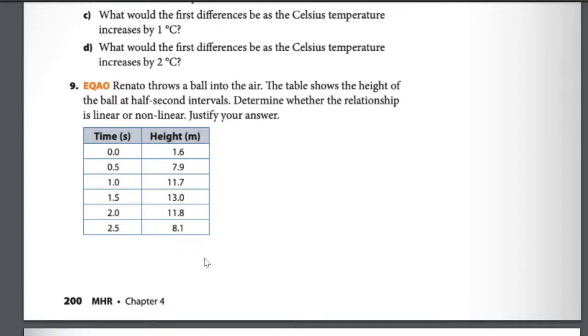And looking at these values, without doing any calculations, already I can see, as it goes up in height, and then it starts going down in height, the first differences can't be the same, because the first differences are going to be positive numbers, and then all of a sudden they're going to be negative numbers at the end. And if you think about the path of a ball in the air, it's going to go up and then hit a peak and then go down, and it actually makes a kind of curved shape. It looks kind of like a stretched out arch